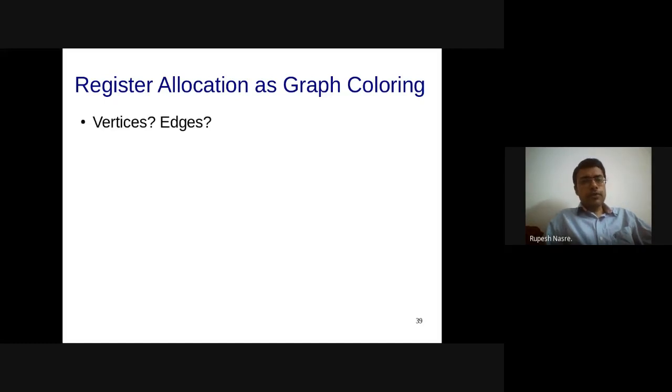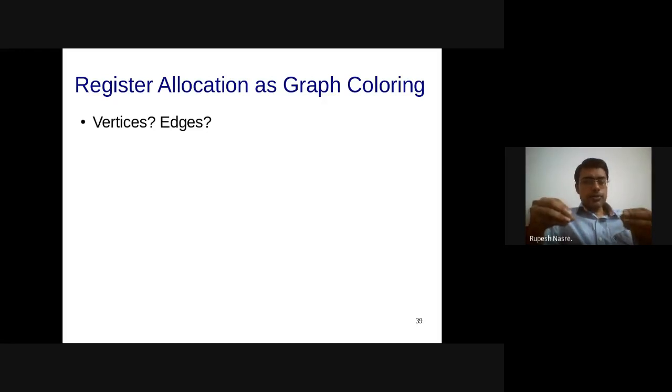So in this case, what are the vertices and what are the edges? Because we are talking about a graph here. The vertices we decided are going to be different variables, and the edges were, can somebody recall? What were the edges in our graph? It should be derived from the information that in graph coloring, and we are talking about vertex coloring here, the two variables which are connected by an edge should be given different colors. That is what we mean by a vertex coloring problem.